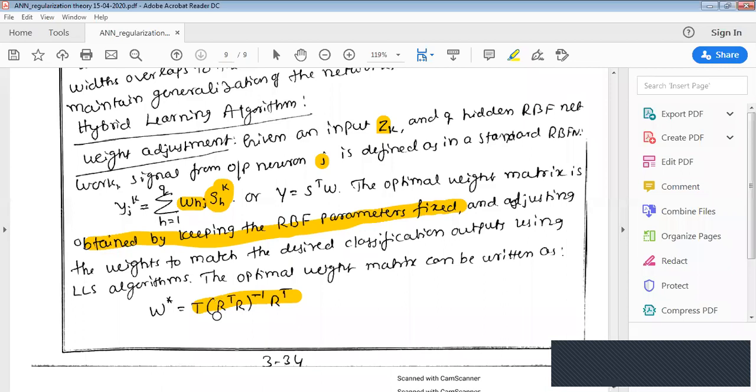Once I do this, I am obtaining the weight optimization for a single person. This is repeated for multiple persons. So once I obtain the final value W cap, which is optimized for all the people, then I will be able to tell whether my network is able to classify the final values or not. Okay, so this is a major application of your RBF algorithm.